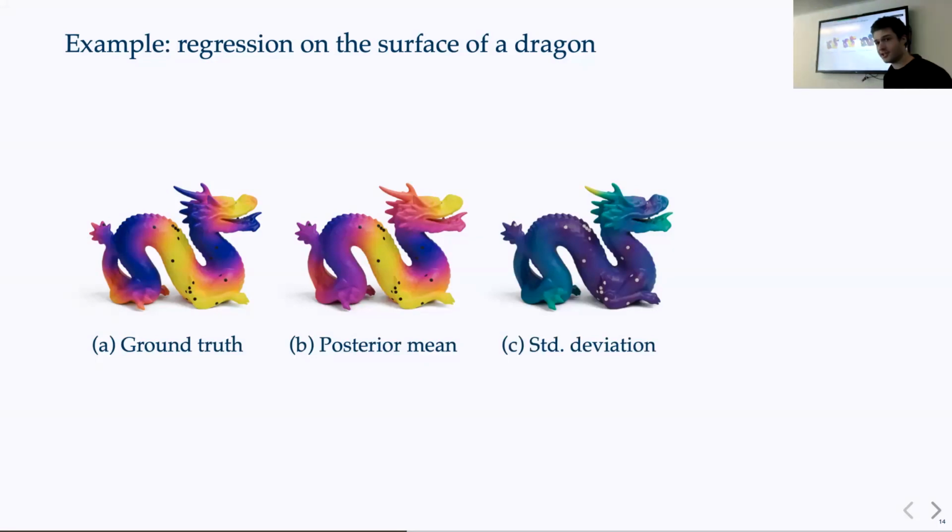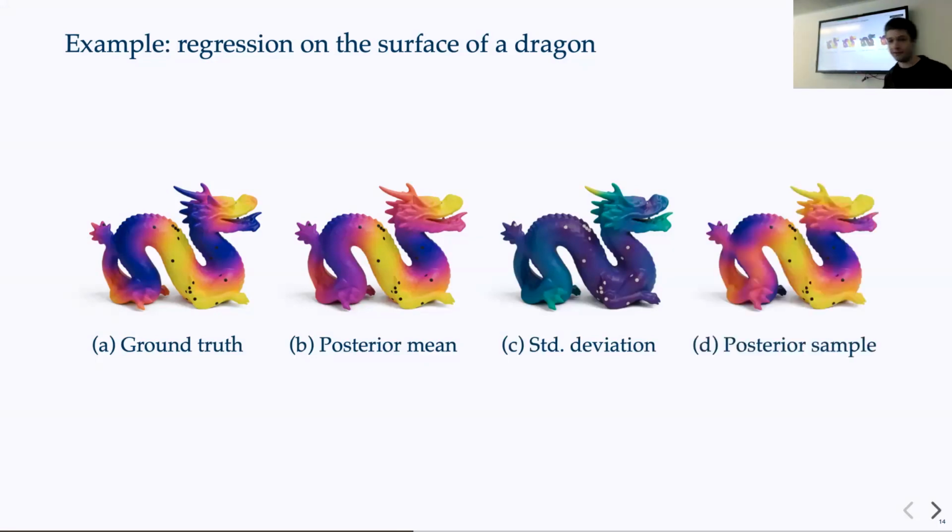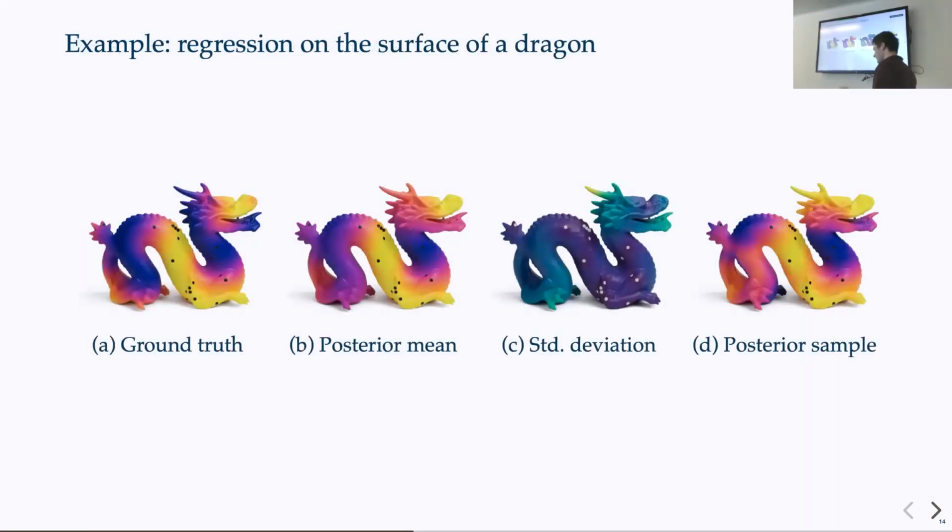And so what this shows us is these kernels behave exactly in the way we hoped they would, at least empirically. Now you can also see, by drawing some random samples from the posterior, that you get samples that look similar to the ground truth. In fact, this sample looks closer to the ground truth than the mean does near the legs, just because, I don't know, it's more lucky in that sample. And so you can do things like Thompson sampling in this kind of setting with these ideas. So that was what I wanted to tell you about